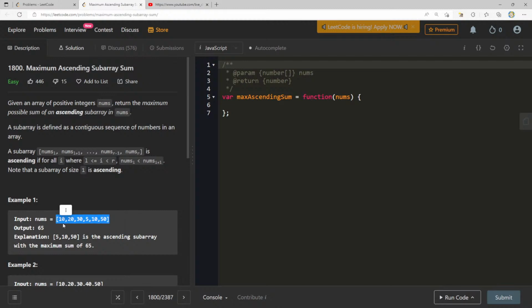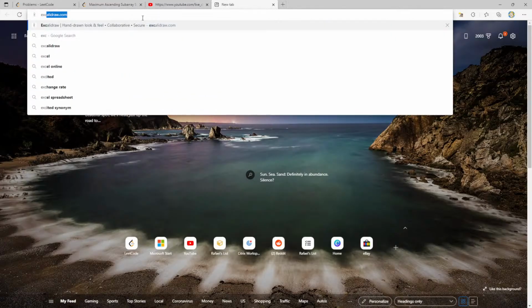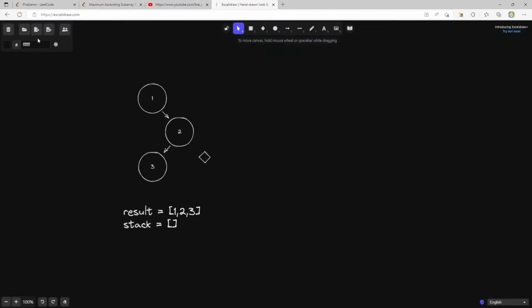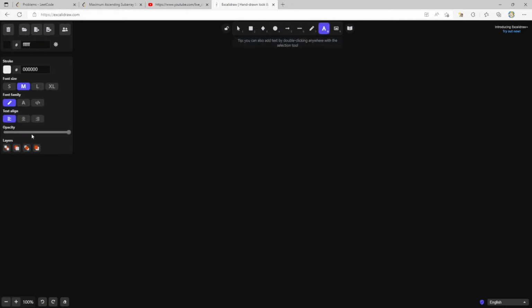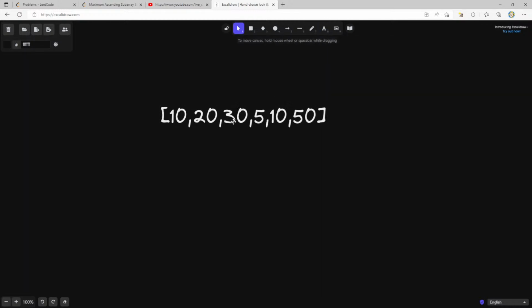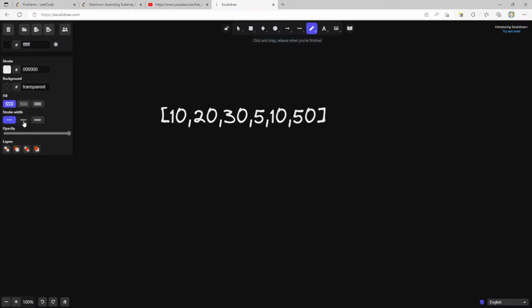Let's think about this. I think this would be a good question to draw out. I'm going to get my text tool, draw this out, and expand this. I kind of want to go through all the ranges where we know it's ascending, right? So if we get our marker here, make this a little bit thicker, give it an orange color. All right, so 10, 20, 30, it's increasing here. It's also increasing here, and here, and here. So these are all the different subarrays where it is increasing.